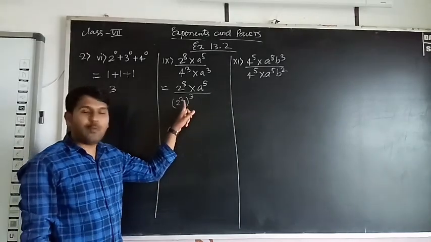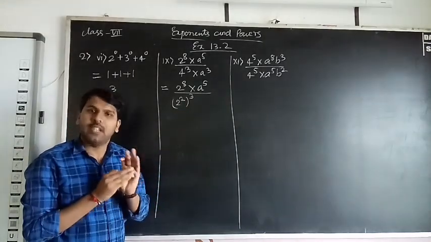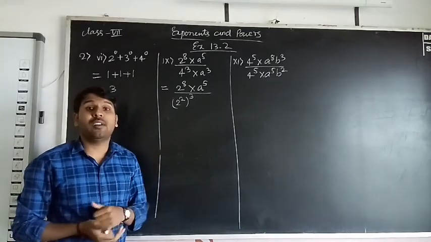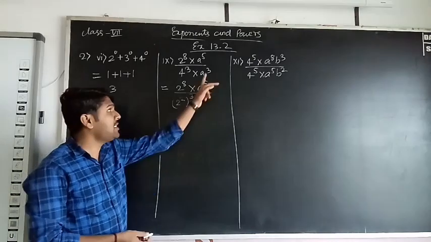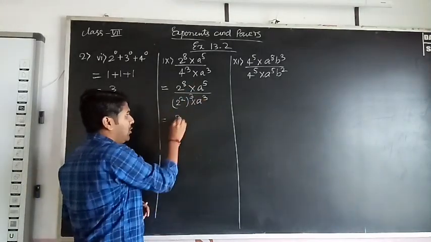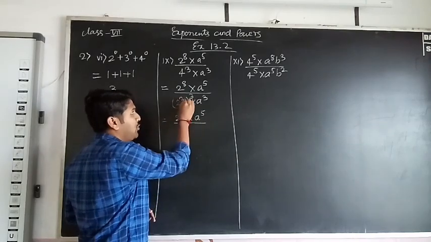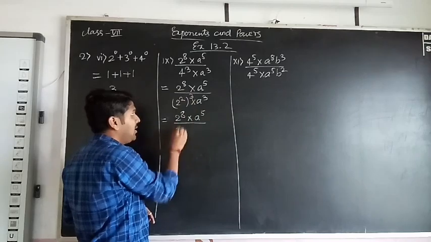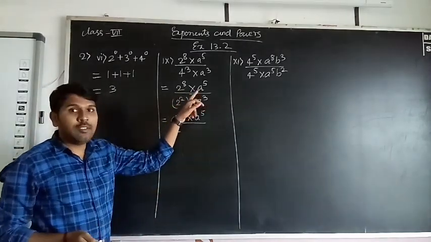2 square value is 4, no? You should remember all the squares of numbers up to 30. So 2 square equals 4. Next, into as is. So now 2 raised to 8 as is, A raised to 5 divided by 2 square. So how to write this one? Just multiply the powers. This is the power of power, fourth law.